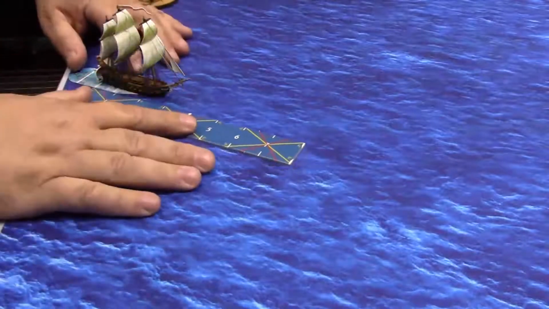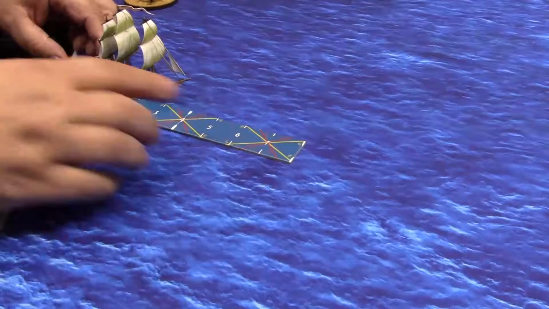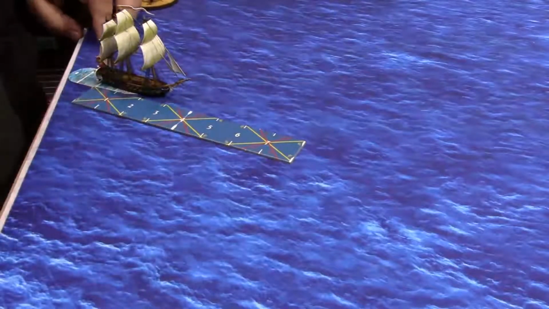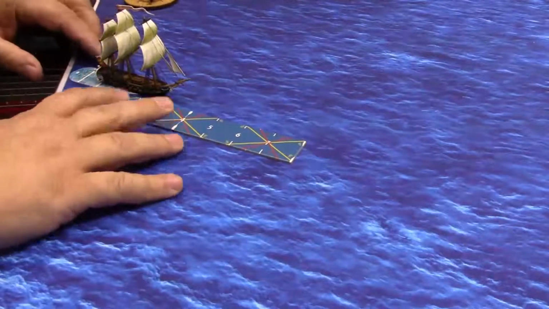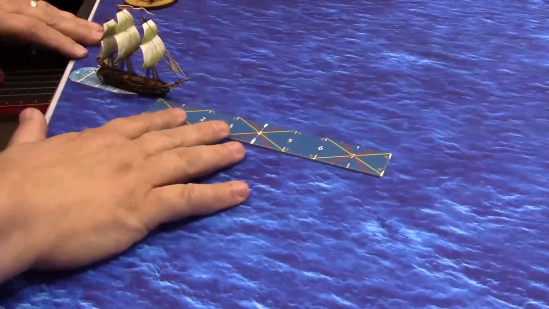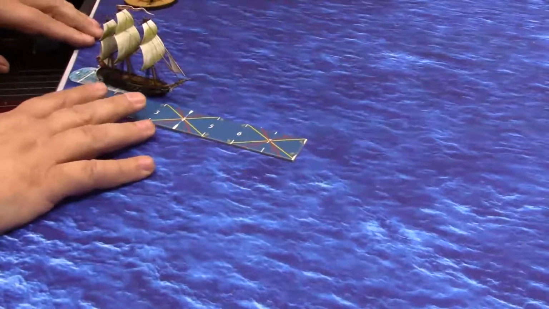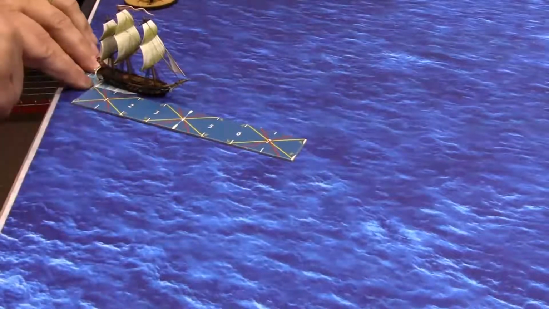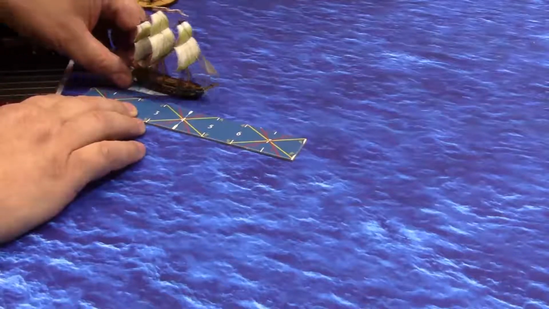You always start your move by moving your ship forward the rate of knots. Both frigates have a rate of knots of 5. That's the number on the sail. Now, as I mentioned in the other video, Warlord has you measure from the bow typically, but you can more easily at times measure from the line on that wake marker, which is the stern of your ship. So we're going to move forward 5,